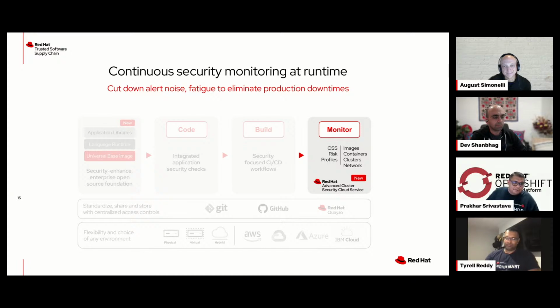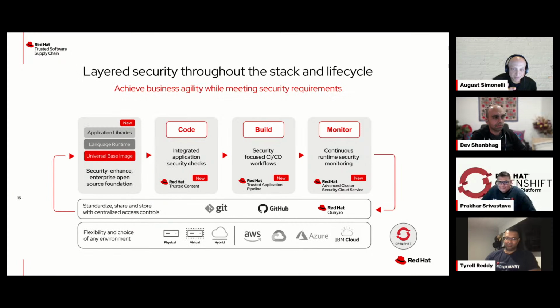Okay, so that's my last slide. Sorry if it's too long. No, it's good, because what you're really showcasing here is the complexity of the problem. If someone's watching this and they're thinking, "Ugh, there's just too much," yeah, there is. It takes a lot to look after all this, but we can't leave anything out, because if we do, there's your gap, there's your breach, there's your problem. So I think it's important that we take the time to understand what's going on here. That's just my opinion, but keep going. Yeah, you're right, August.